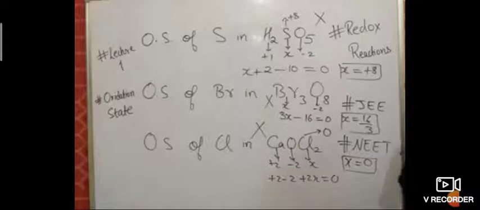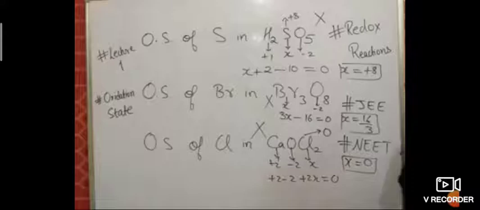So while writing the oxidation state, the structure is important, and you should know which is more electronegative and how many electrons it is losing. Thus the oxidation state of an atom is the charge it would possess had all the bonds present in the species been ionic. In other words, the oxidation state of an atom in a given species is the total charge the atom may be considered to possess if all other atoms are removed from the species with their usual charges.